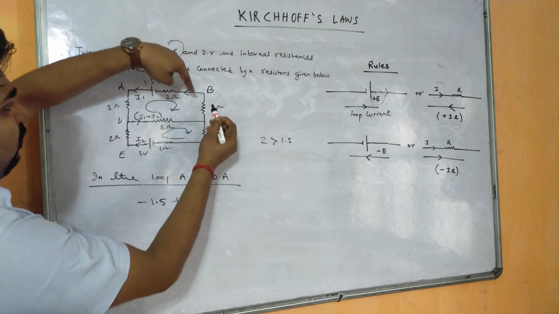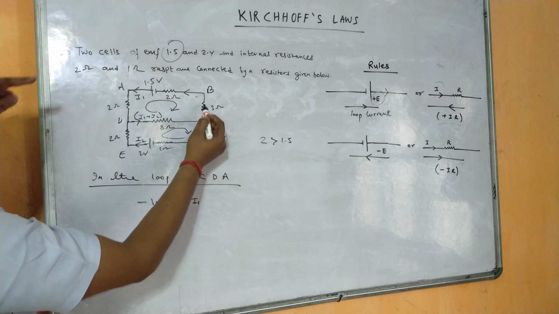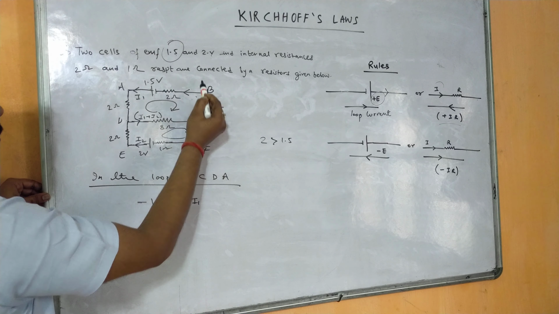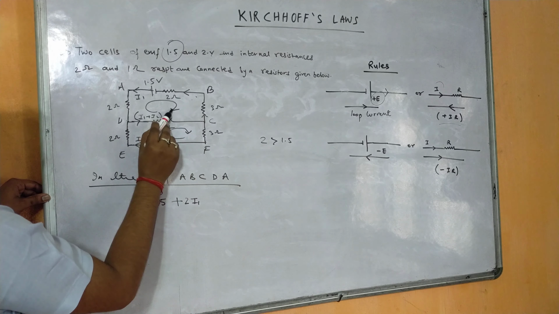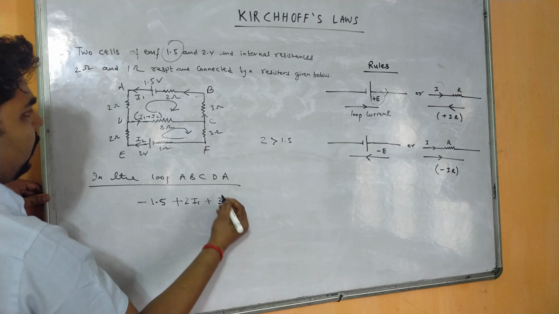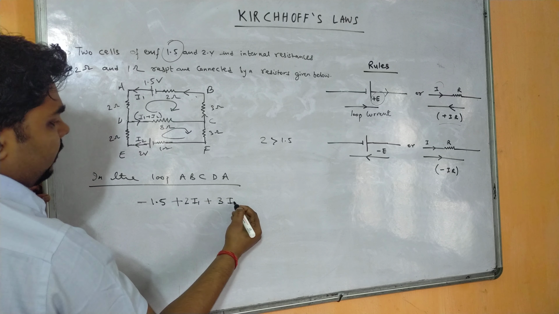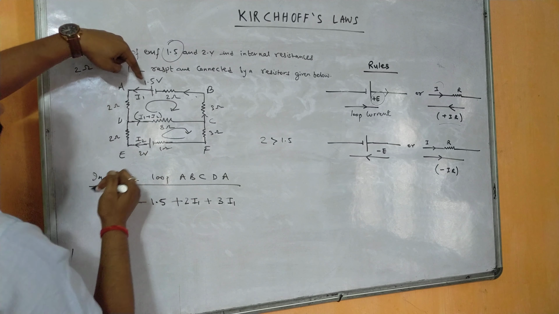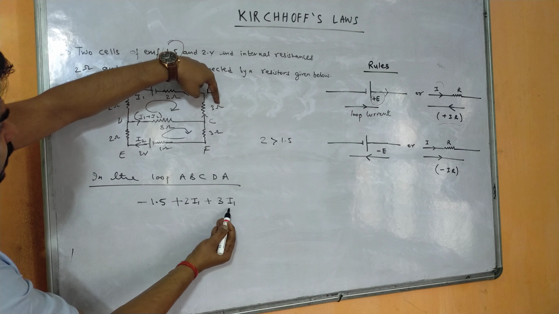Now again we will move to this resistor. You see, current direction was going up, because when current comes here it will go up. Now current direction and loop direction are again opposite. If both are opposite, again we have to take plus, that is 3, and the current passing through this branch is I1, that is 3I1. So the voltage is over, this resistor is over, this resistor is also over.